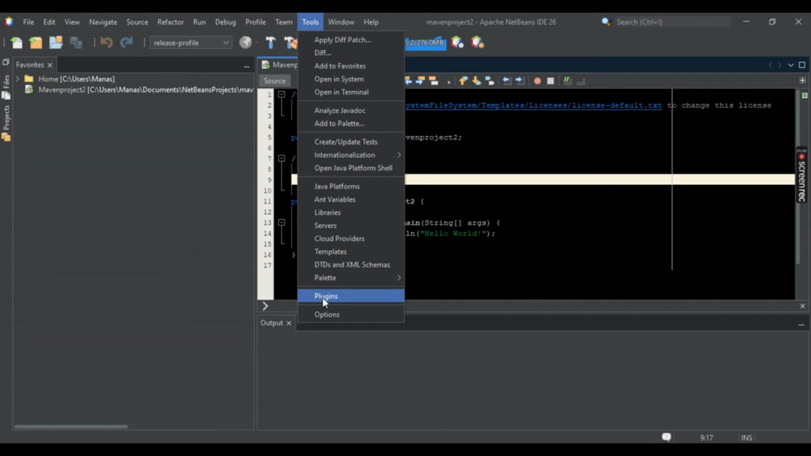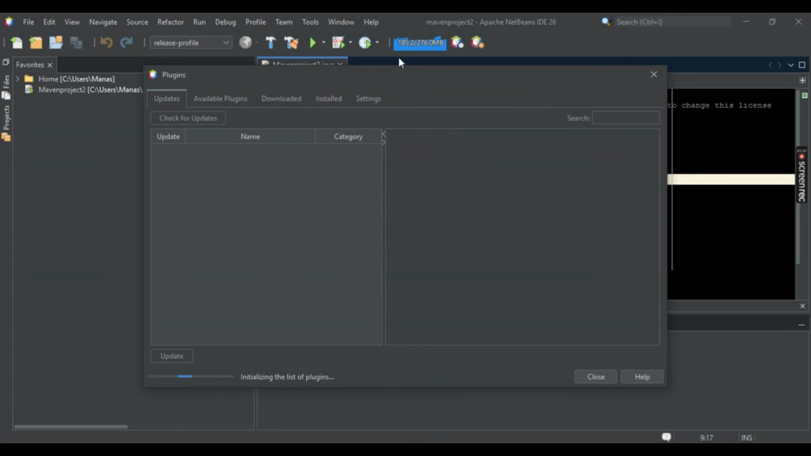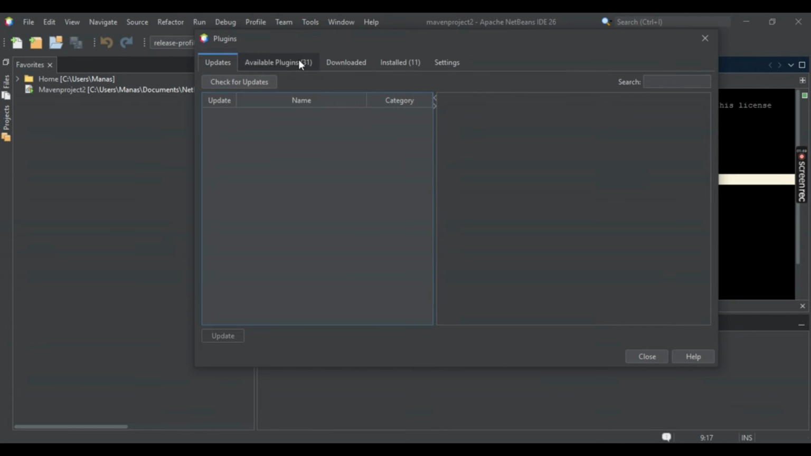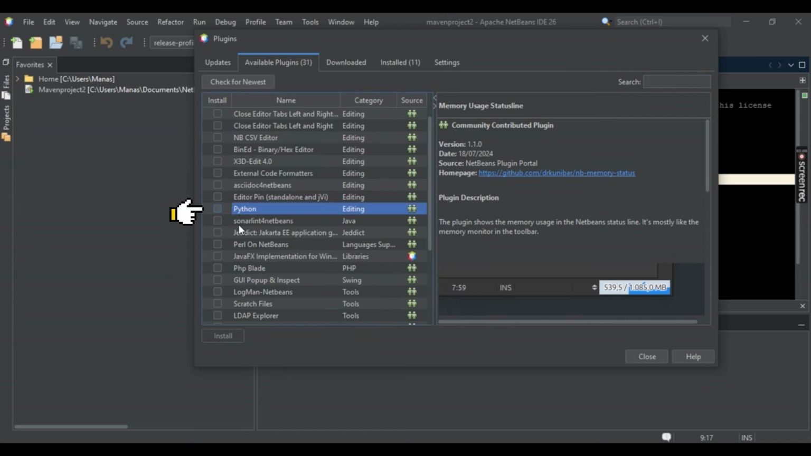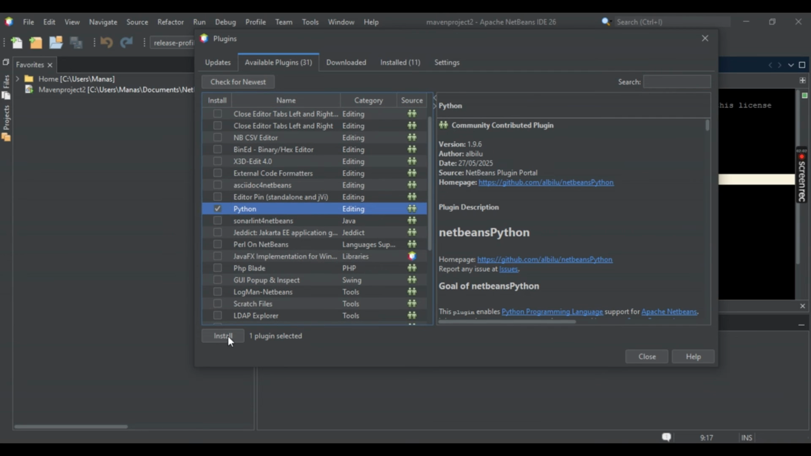Just simply select it. And now once you've selected Plugins, here you should be seeing Available Plugins, that is around 31. So installing it is pretty simple. You can just simply search for the plugins that you want to install. So if you want to install Python right here, you can just simply select this checkbox and then select Install right here. And once you've selected Install, the plugin should be automatically installed, and make sure you activate it later